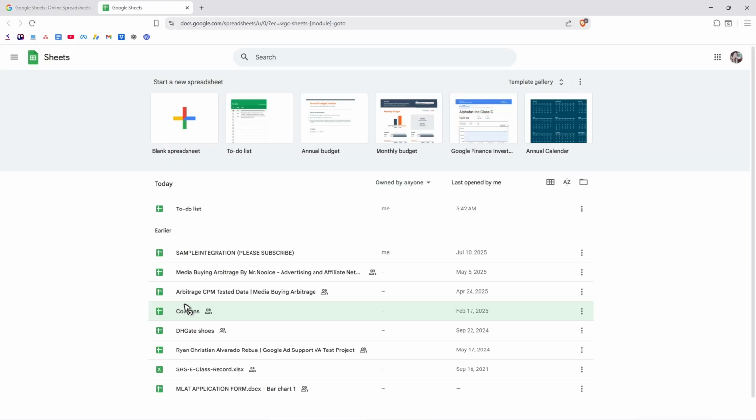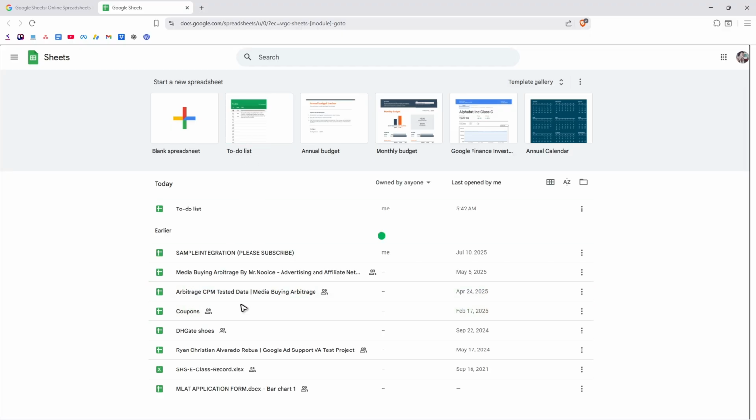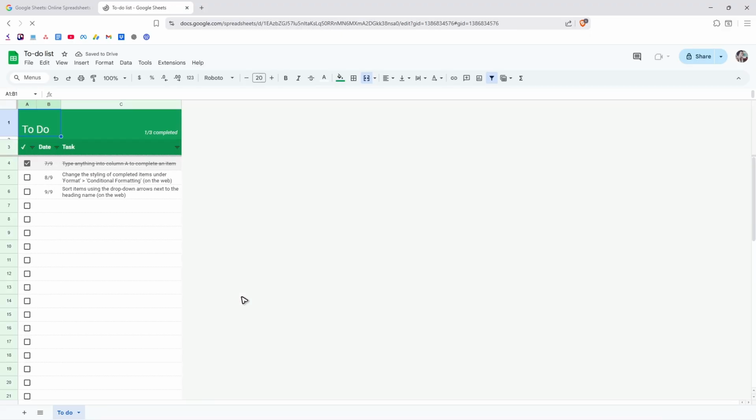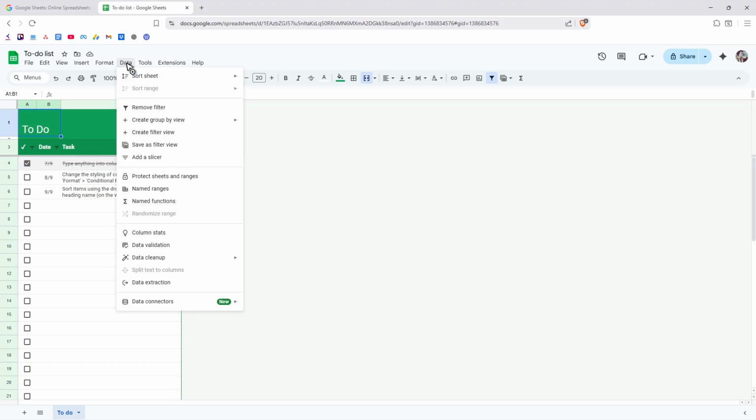All right, so first up, sign in with your Google Sheets account. Now, once done, go ahead and open up any data, okay? For example, this one. Wait for it to load. Now, once it loads, go ahead and go to the top, click on Data, and then go ahead and find